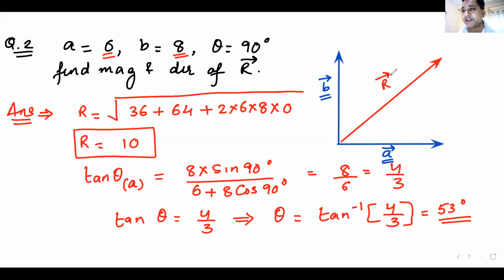Which angle is 53 degrees? With the x-axis, not Santosh. There is no axis here. There is vector A and vector B here. Yes, Jayashankar, with vector A. Please don't call it x-axis because right now it is vector A. I hope you understand the irony of it. It is obviously the x-axis, but right now we are finding the angle with the vector A and not with our axis. Am I clear?